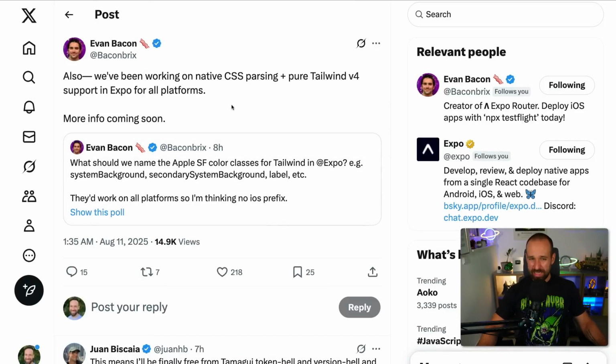Then, probably even bigger news. Evan asked something regarding Apple SF color classes and icons. Nothing too important, but he then also later retweeted, also, we've been working on native CSS parsing plus pure Tailwind version 4 support in Expo for all platforms. More info coming soon. This is pretty big, honestly, because if we have native CSS parsing in our Expo application,